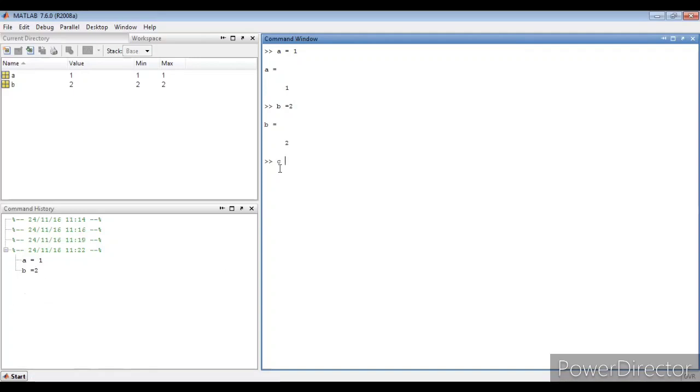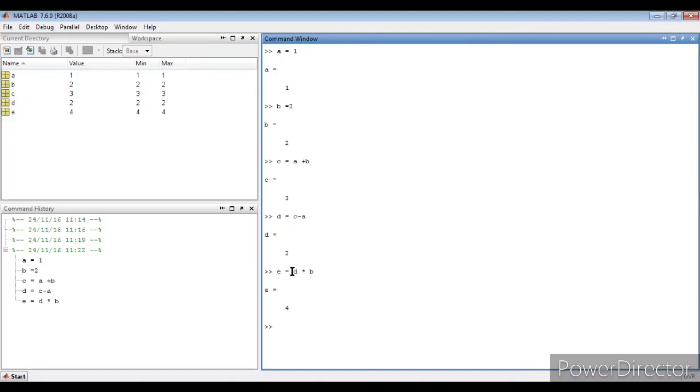Okay, now let us see a basic simple operation. c is equal to a plus b. So the simple operation of addition is being carried out. Similarly, if you want to perform d is equal to c minus a, you can see c is 3, 3 minus a is 1, that is 2. So the answer is 2. Now if you want to multiply, e is equal to d star b. So d is 2, b is 2, it is 4. So any mathematical expression can be simply executed there.